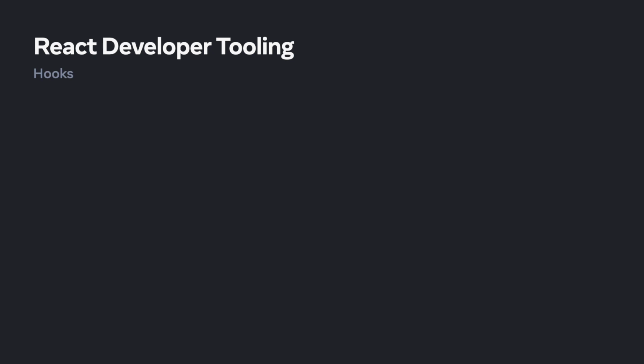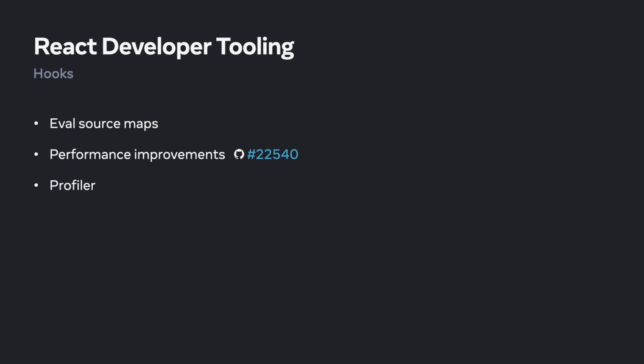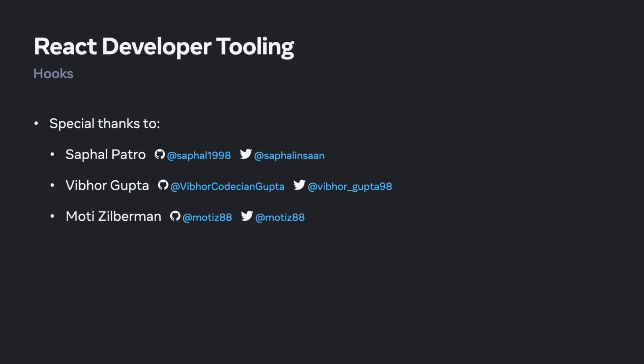Support for hook names launched earlier this year, but it's a feature we're still actively developing. For instance, we don't currently support all source map types. For example, Webpack's default cheap dev source maps won't work with this feature. We also have some ideas for ways we might speed up the downloading and parsing of source maps. And we hope to eventually use hook names in the profiler when showing why a component re-rendered. As always, we'll keep you informed of our progress here. But before we move on, I'd like to take a minute to thank the community contributors that helped make this feature possible.